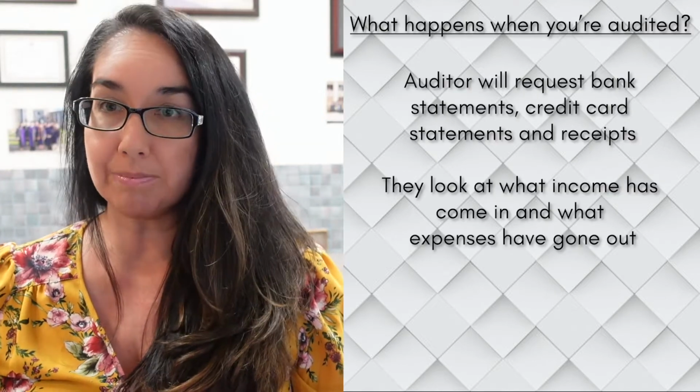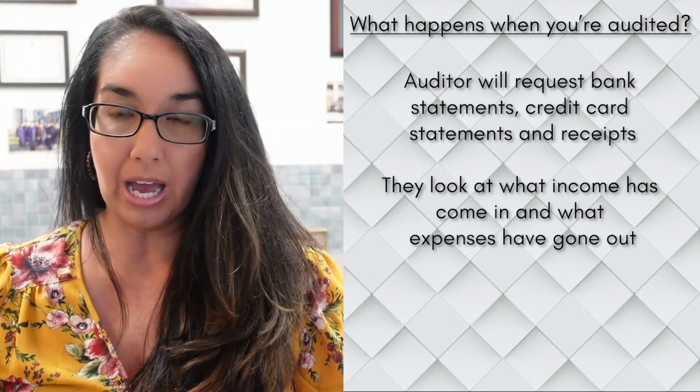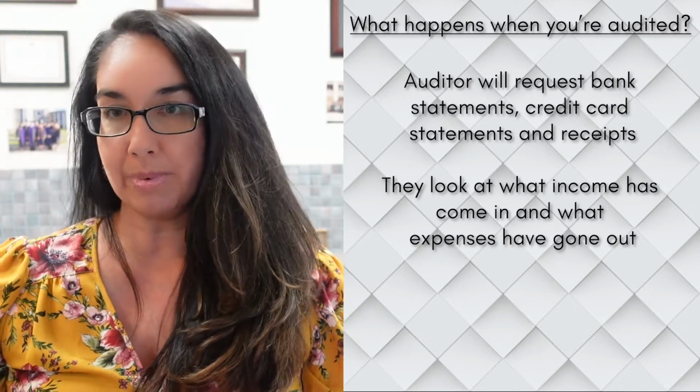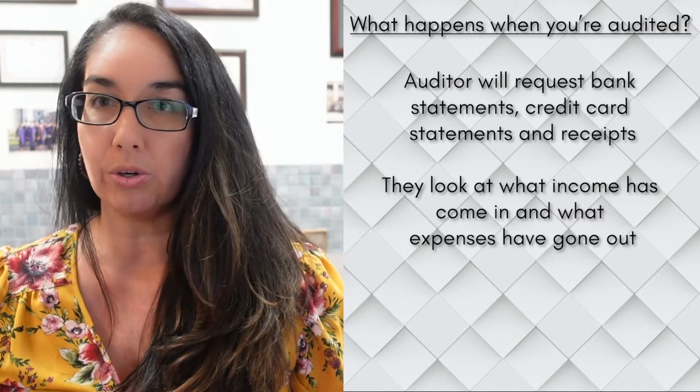So when you're audited, the auditor will request your bank statements, your credit card statements, any receipts that you have. And when they do the initial assessment, they look at what income has come in on your bank statements and then what expenses have gone out. They don't really care what category it is at this stage. They just look and see, okay, you had $1 million in sales on your bank account, but on your Schedule C or your 1120 or whatever form it is, you're showing $2 million, or you're understating it, say you're showing only